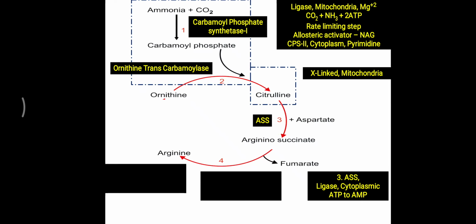Now further, this argininosuccinate will be broken down with the help of the enzyme argininosuccinate lyase. So the lyase variety of enzyme breaks this argininosuccinate into arginine plus fumarate. Now this fumarate is also one of the intermediates of the TCA cycle. So this fumarate present in the cytoplasm will be diverted to the TCA cycle inside the mitochondria. This ASL, argininosuccinate lyase enzyme, is also present in the cytoplasm. So it is a lyase variety cytoplasmic enzyme, and whatever fumarate is generated goes back into the TCA cycle.